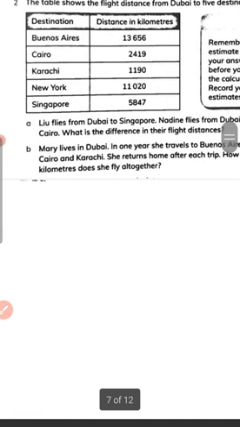The destination that is from Dubai to these places. First is Buenos Aires, 13,656 kilometers. Cairo, 2,490. Karachi, 1,190. New York, 11,020. And Singapore,